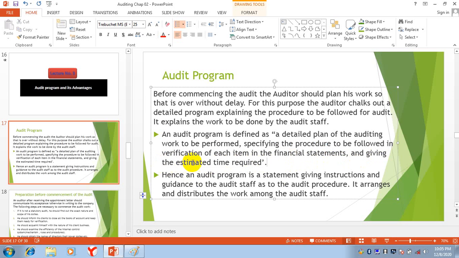Hence, an audit program is a statement giving instructions and guidance to the audit staff as to the audit procedure. It arranges and distributes the work among the audit staff.